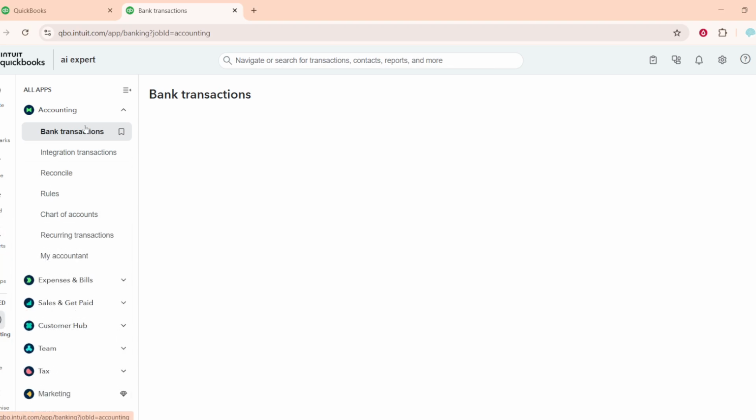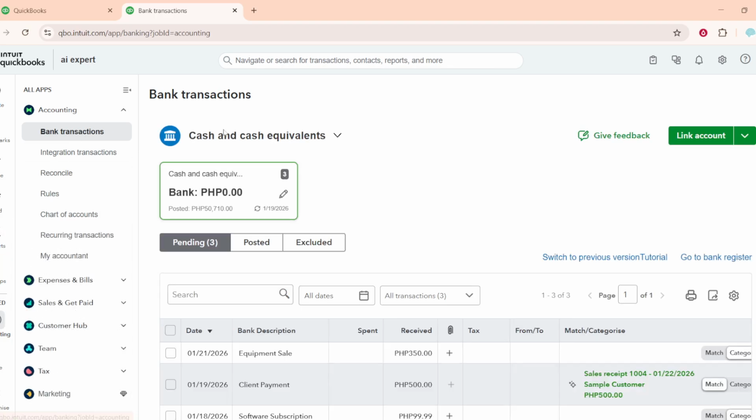That's it. You've enabled account numbers and started assigning them to your accounts, making your chart of accounts cleaner and easier to